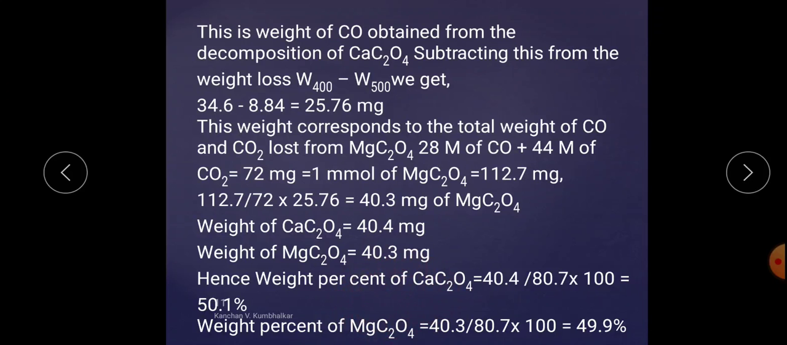So by this method we can identify the percentage of calcium as well as magnesium oxalate by using a thermogram. So this is the illustration. So up till then,